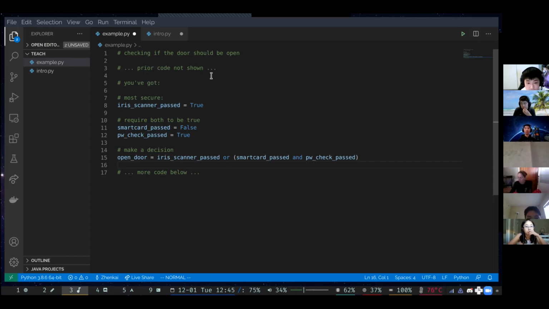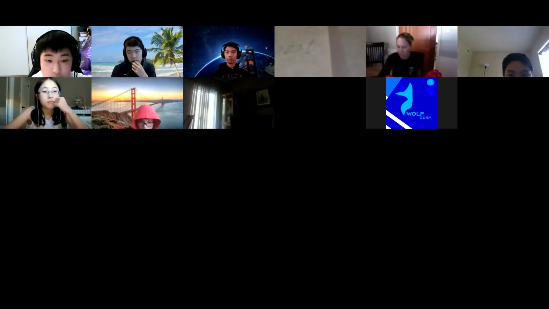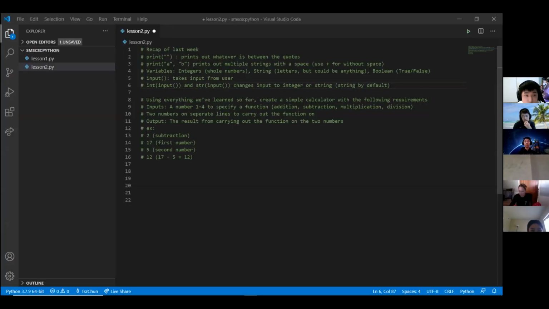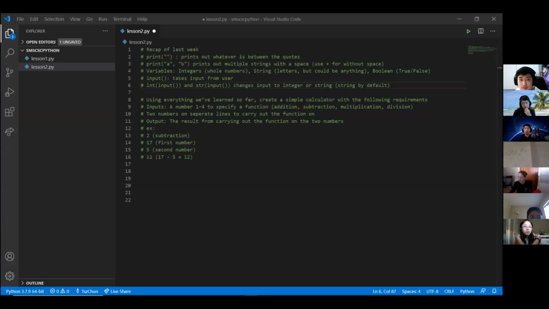If not, I think we're going to transition to the project. Okay, so I'll be screen sharing for the project. For the project, all we're going to do is make a simple calculator with the following requirements.